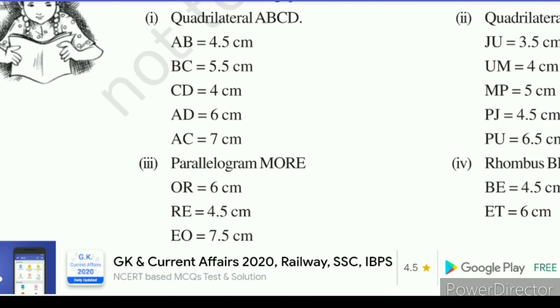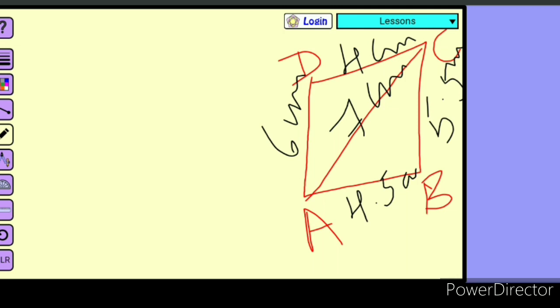So, it belongs to the 4 sides and 1 diagonal category. Count it, how many measures are given? Yes, totally 5 measurements. Like this, using a scale, but don't take any measurements. Just draw a quadrilateral, name it and write the given measures. Write neatly, because here less space is there, so in little space I have written the list like this. Got it?